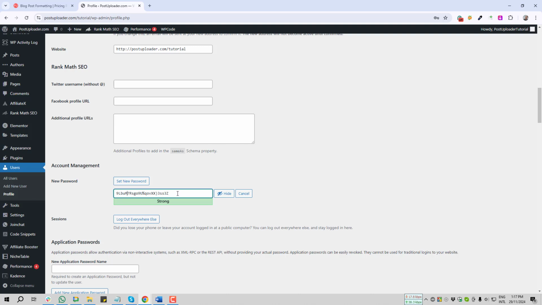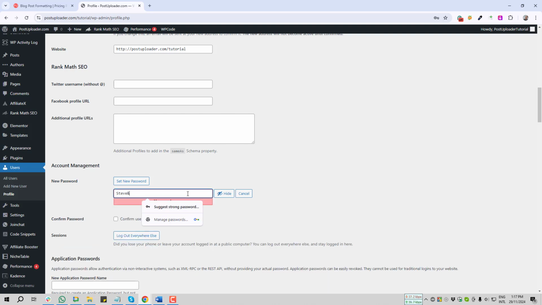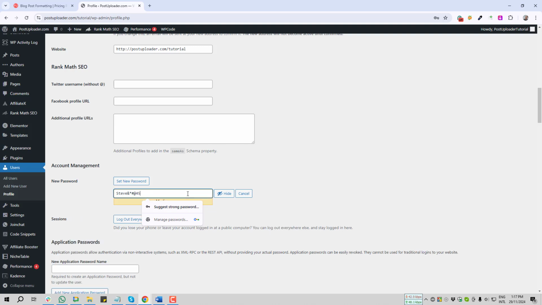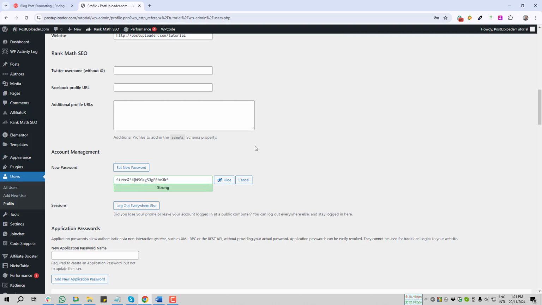If you wish, you can keep that password or you can customize it by adding some new words or new characters, or if you wish you can give a new password as per your expectation. For example, Steve and star, hash, at the rate, number, again character, uppercase, lowercase. I mean, you have to give a complex password which is not easy to hack or which no one can take. So when you are setting a new password, always try to give at least 12 to 16